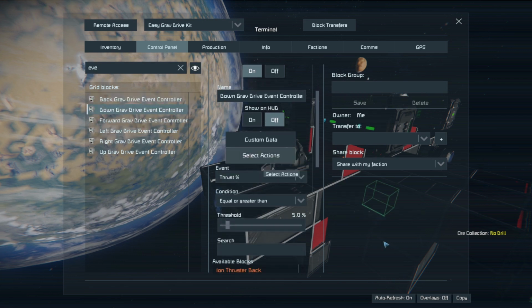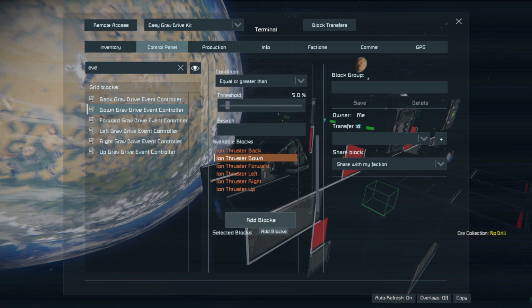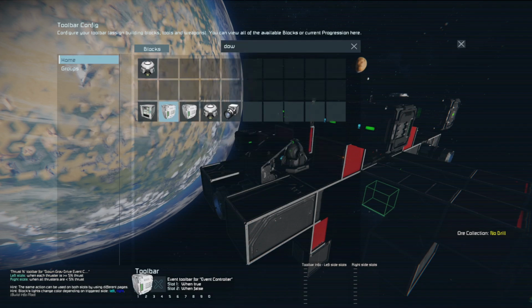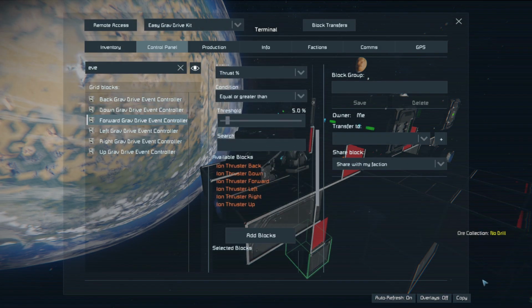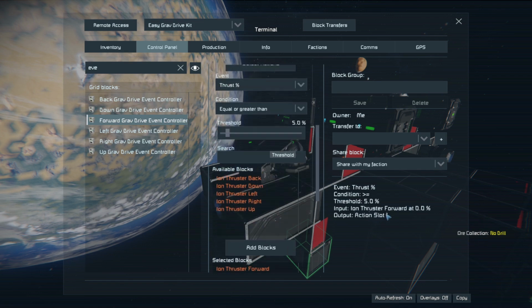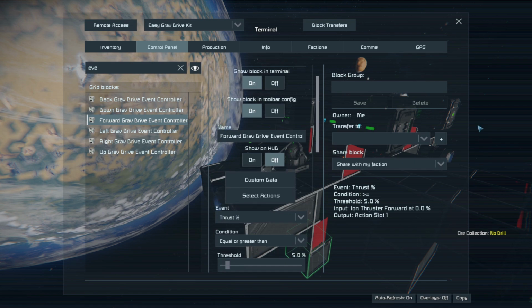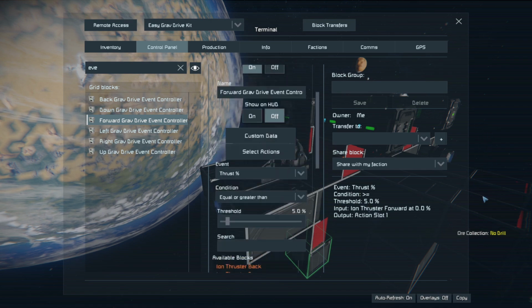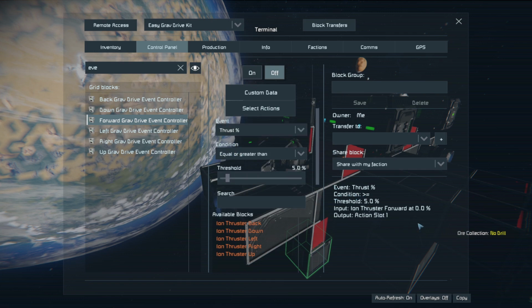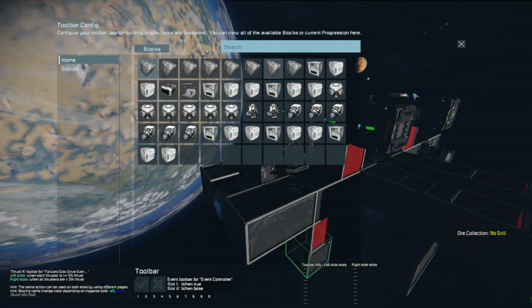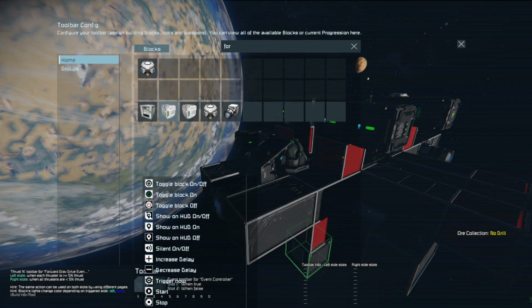So down, select, we'll add our blocks, so our down thruster, add, select action, down, we want engage, trigger, reset, trigger. Forward, pick our forward thruster, add. It's going to search for the thrust. Normally this comes in by default on, I think, cargo filled percentage, but luckily for you, these event controllers have kept their default setup from when I set them up, so it's searching for thrust equal to or greater than 5%. So we've got our forward thruster in here, select action, we want our forward engage reset,